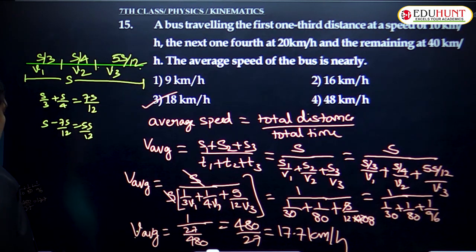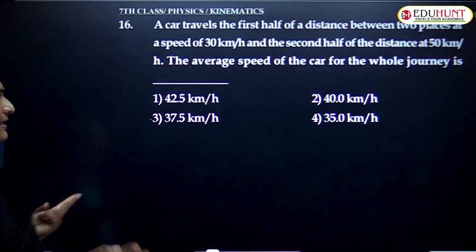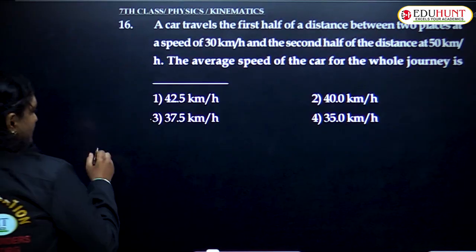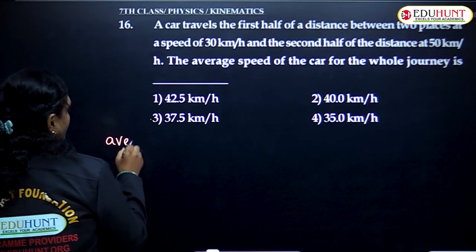So next, moving to the next question, children. A car travels the first half of a distance between two places at a speed of 30 km per hour and the second half of the distance at a speed of 50 km per hour. Only two different conditions, so easily we can solve this. The average speed is, so average speed